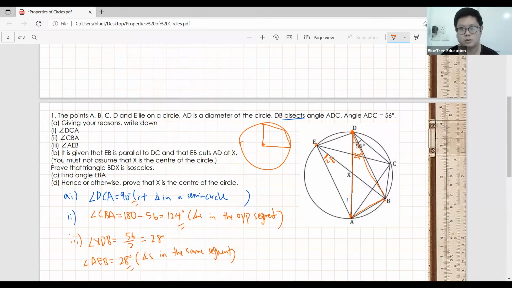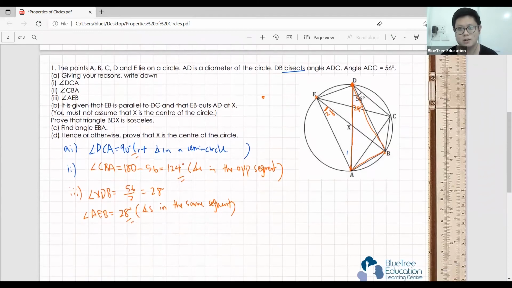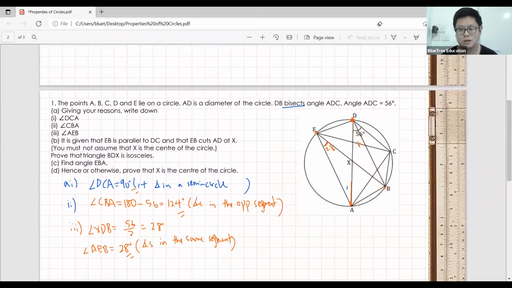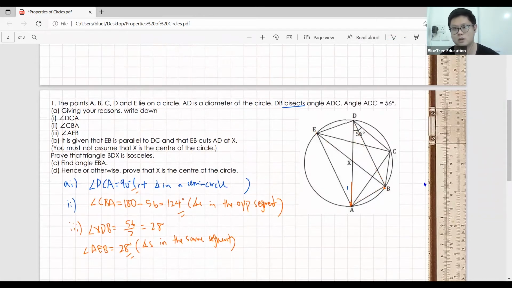All right, there you go. We saw some of the angle properties. There are quite a couple more you've got to memorize, including the tangent that is perpendicular to the radius, and also tangents from external points, they will be identical, which means that if you have a tangent here and a tangent here,